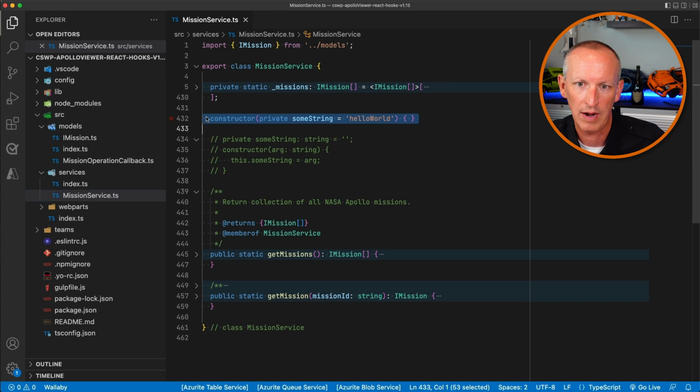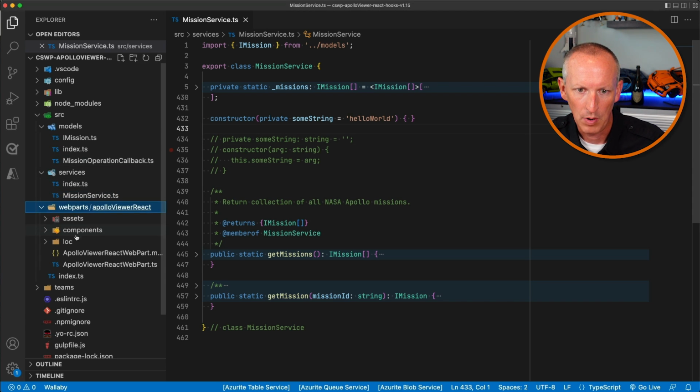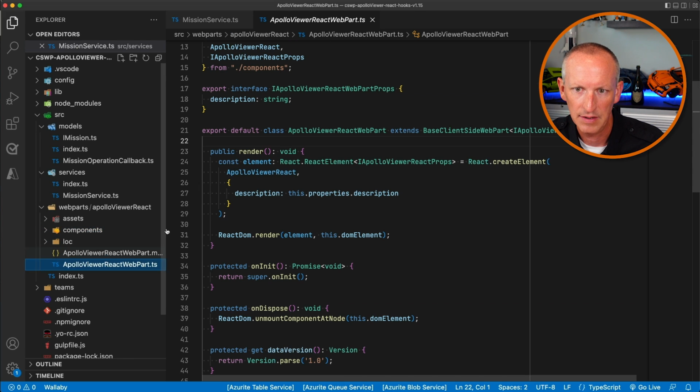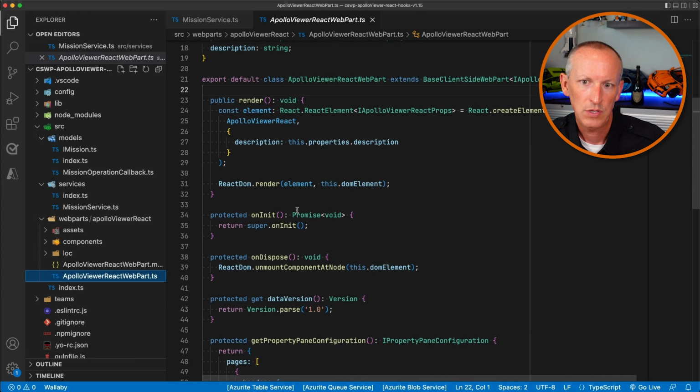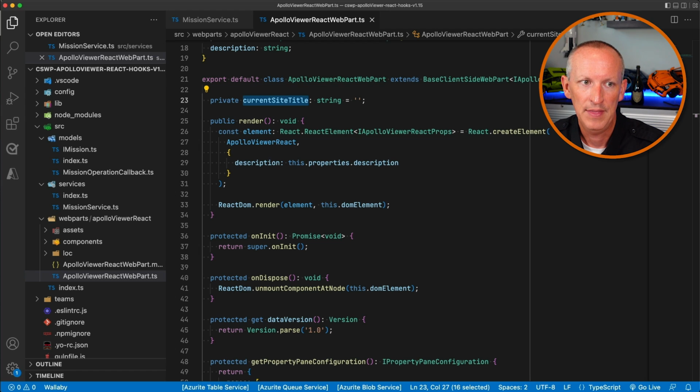So notice we're on line 432. Another thing that we're going to do here is let me come over to our web part and add in a few things to our web part. So some common things that you would end up wanting to do with this. Like, let's say, for example, that you wanted to get the current title of the current site. So I'll just create a new member variable called my current site title. And then inside of that, I'm going to want to do something like